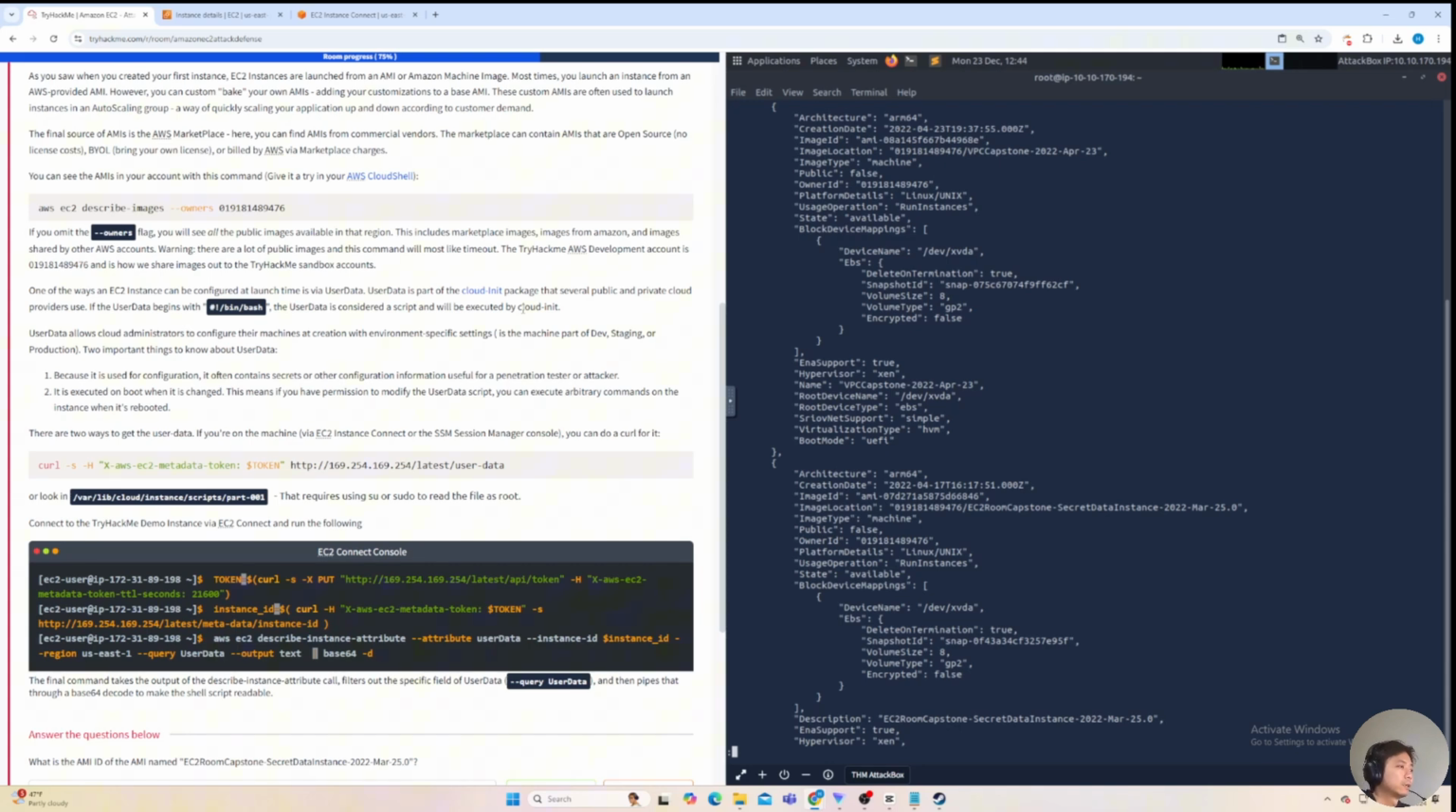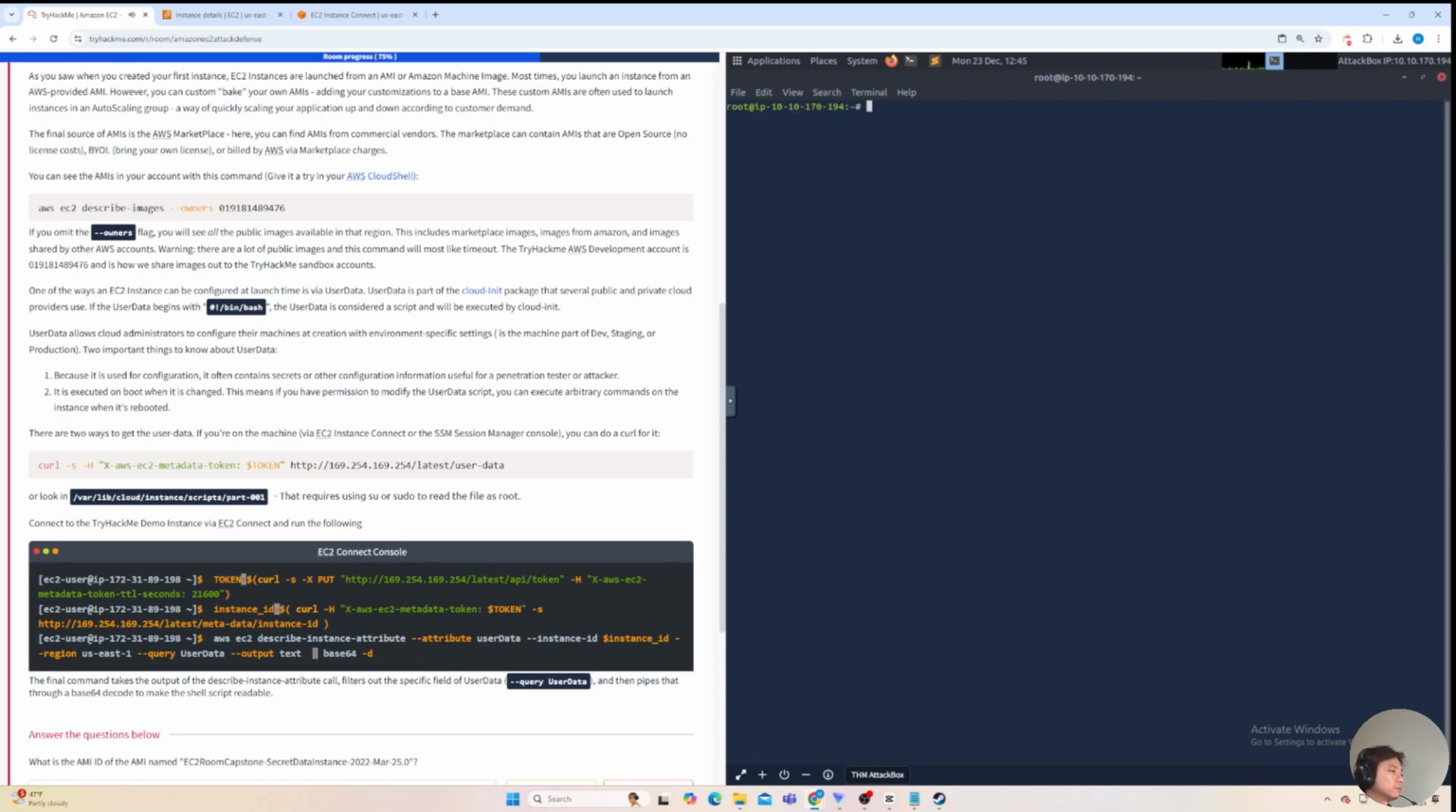Again, this one, IMDS, or look for the var in this folder location, var library cloud instances script part 001. That requires using sudo or su to read the file. Okay, so